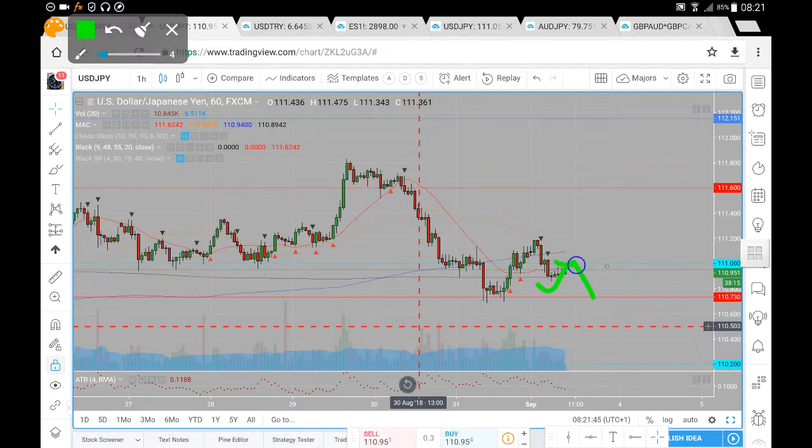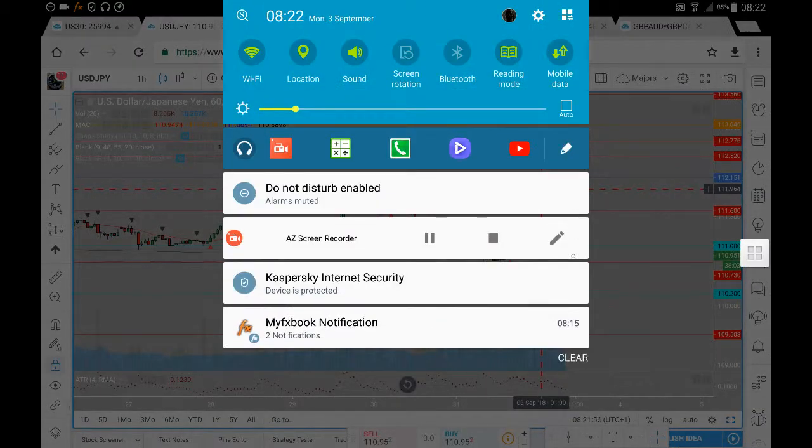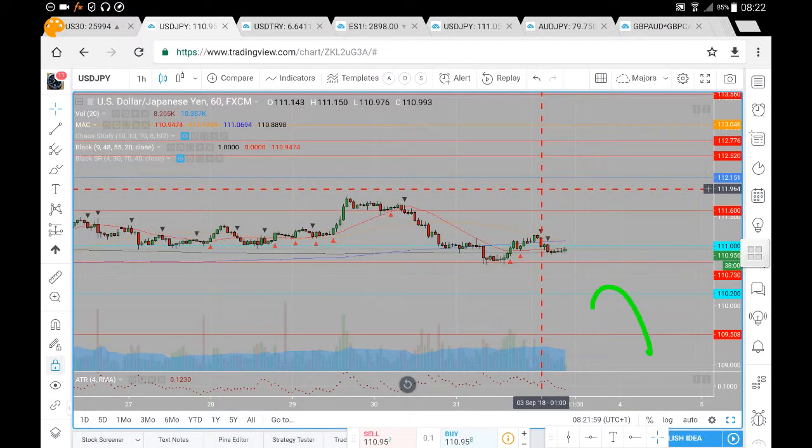So if we do continue to reject this 111, looking for a breakdown towards that 107.30, fail to hold support around 107.30, we then look for price to head down towards its 110.20, and if there is sufficient volatility to the downside to bring us beyond the 110.20 before we head down towards that 109.50, look to see price direct towards that 109.80. We previously found support there, so if we do see bullish buy side momentum come back into the market